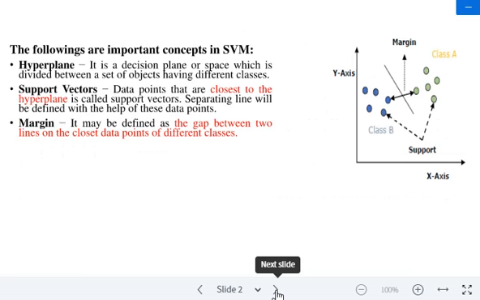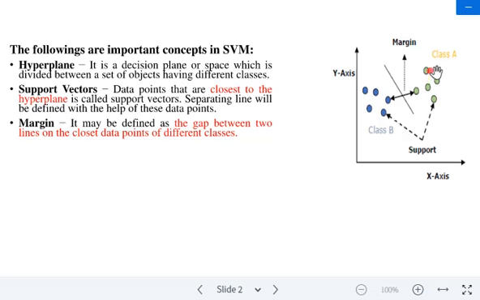An SVM is a classifier function in a high dimensional space that defines the decision boundary between two classes. And what are the support vectors? They are nothing but the data points, whatever you are seeing in the blue color or green color.